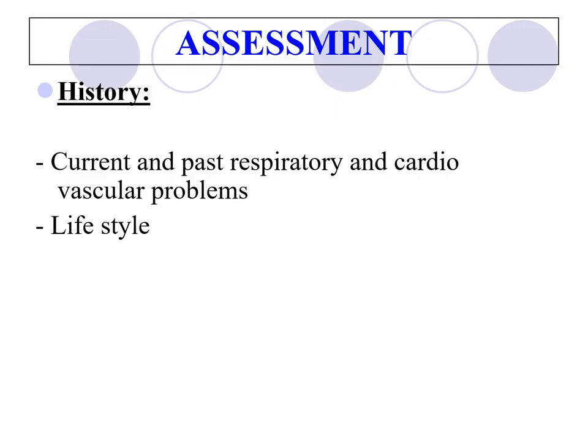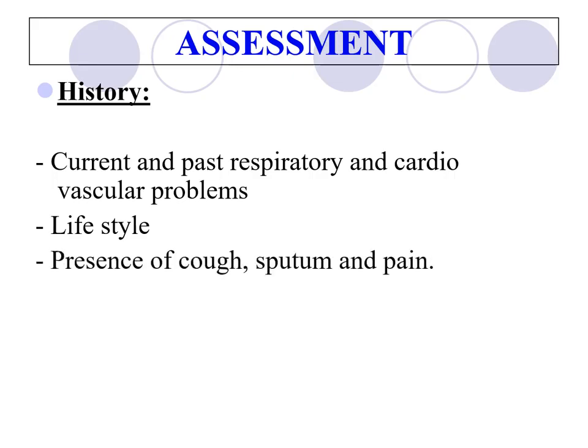Also, it would include the nutrition, the activity that he is doing, and his work and profession. All of those will affect the respiration. Also the presence of cough or sputum and pain. If sputum is there, we also have to assess and ask about the color of the sputum, the amount of sputum,